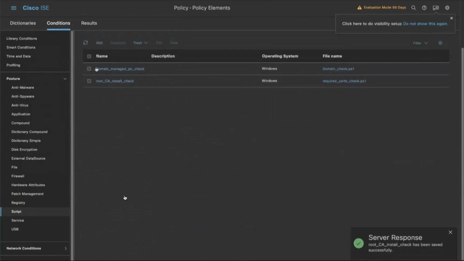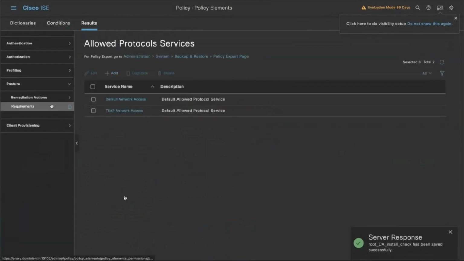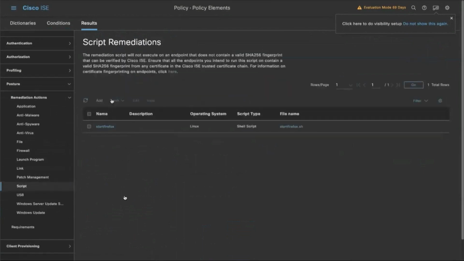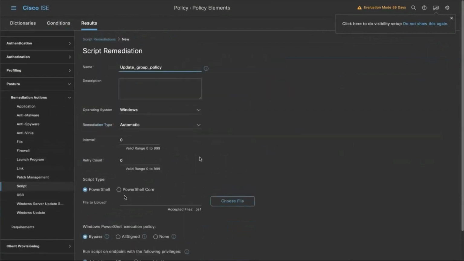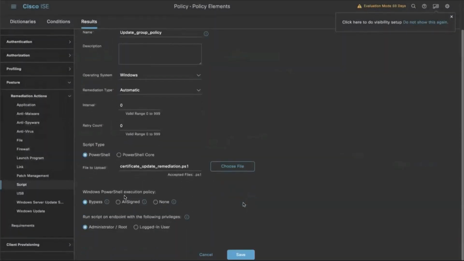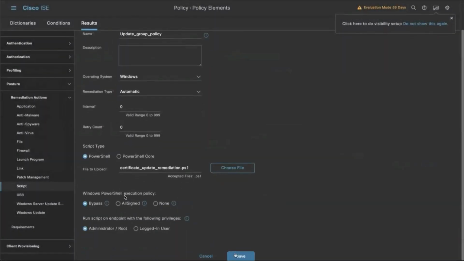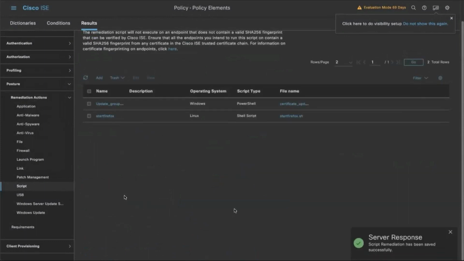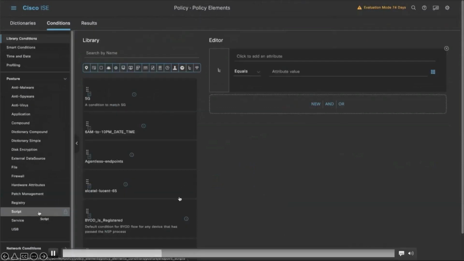Now, when the endpoint doesn't have the enterprise root CA certificates installed, I wanted to give a remediation to the endpoints also. Through a group policy update, I wanted to update the trusted root certificates. And same over here on Windows, when it fails, I wanted to run it. It should run at the system privileges level, with an interval of 5 and a retry count of 2. Now that we have created these conditions and remediations, let's go ahead and